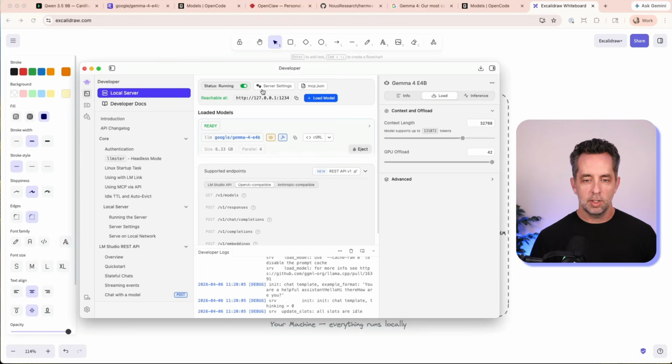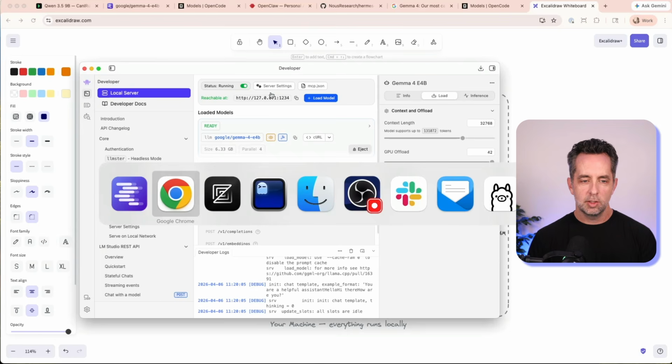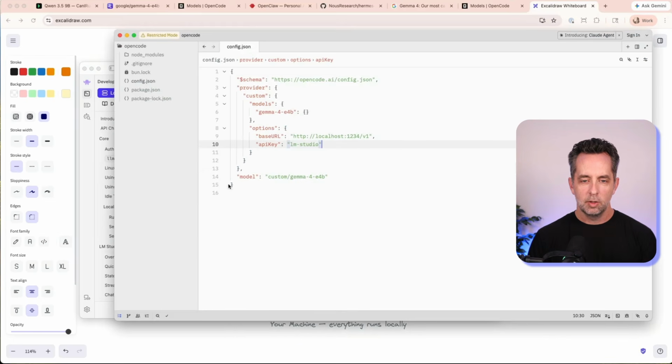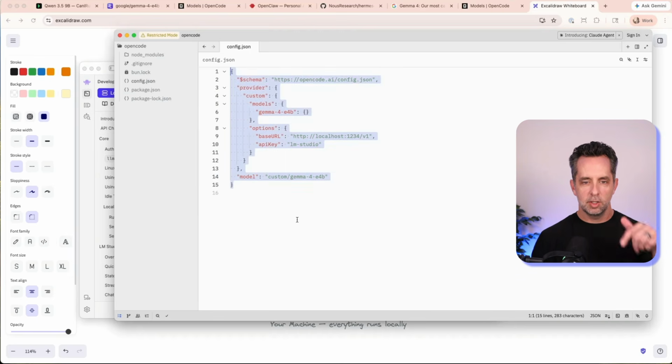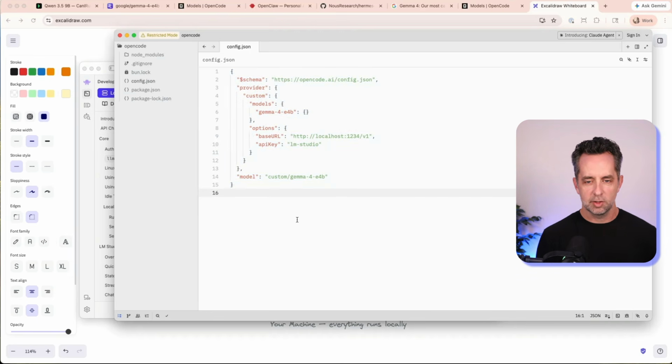And so this is running, and I've increased the context length to 32,000 tokens, okay? Which is not the max, but it's pretty high. And so we can see it's running the Gemma 4 model here, and we'll want to copy this and then come into your editor and create, in the OpenCode folder on your machine, this config.json file and paste in this exactly. And I'll include this in the description below so you don't have to screenshot this or anything, but